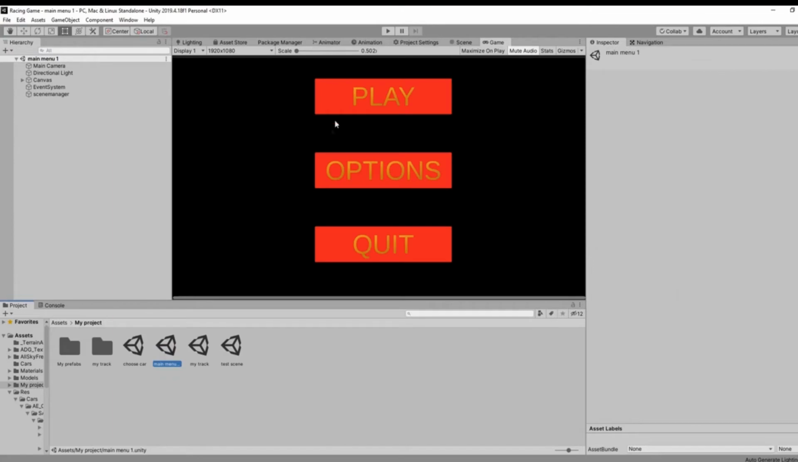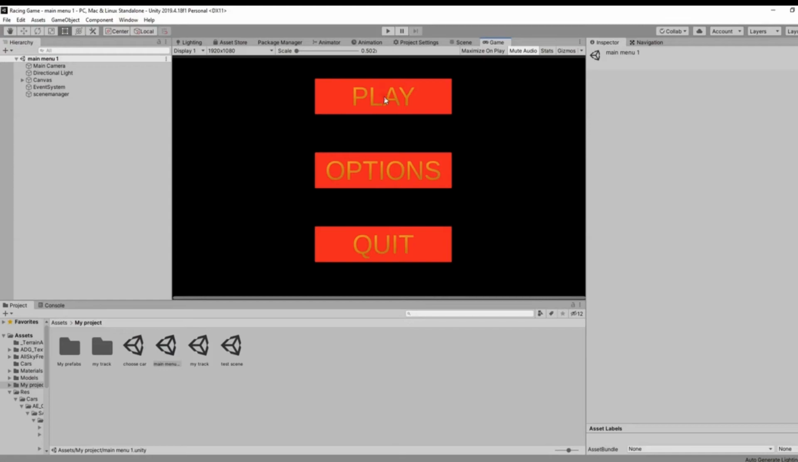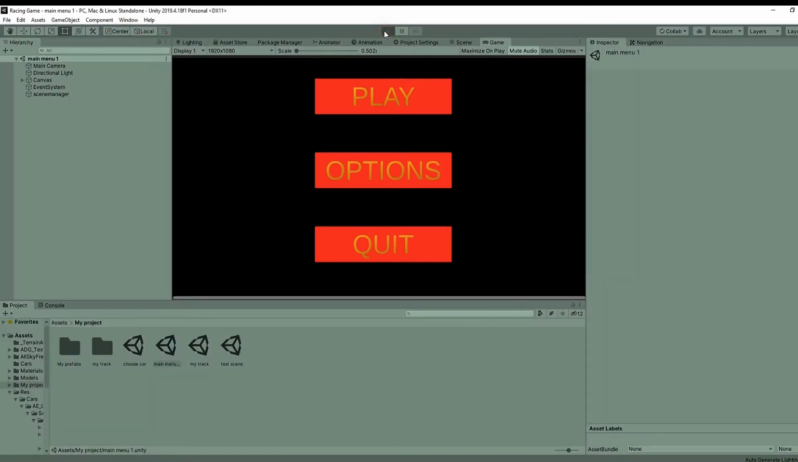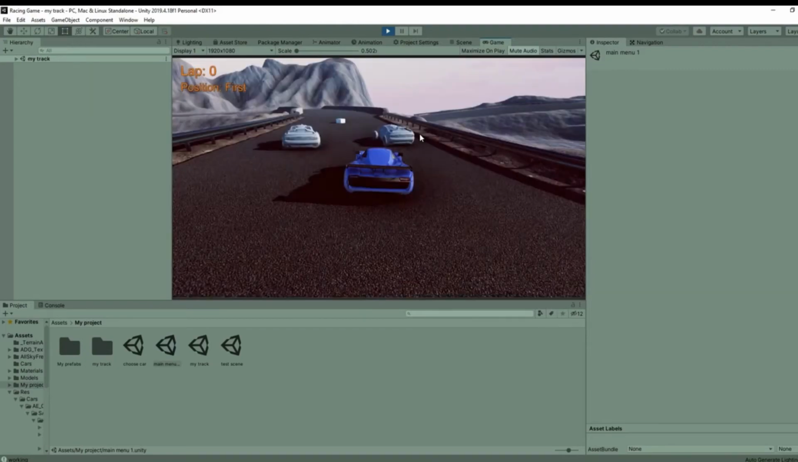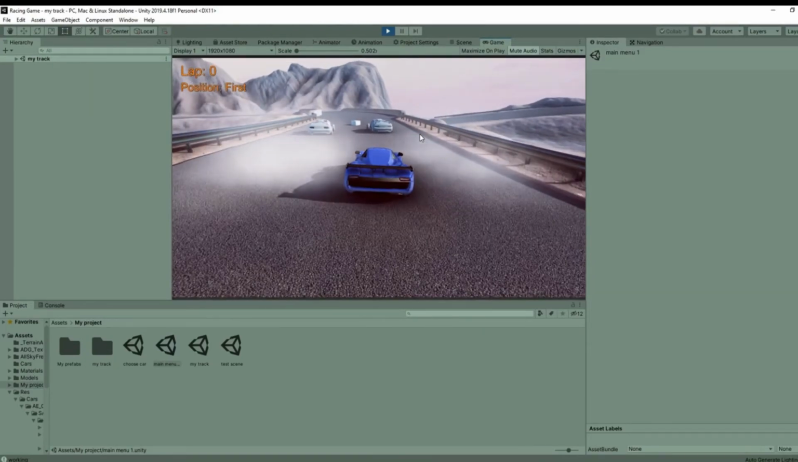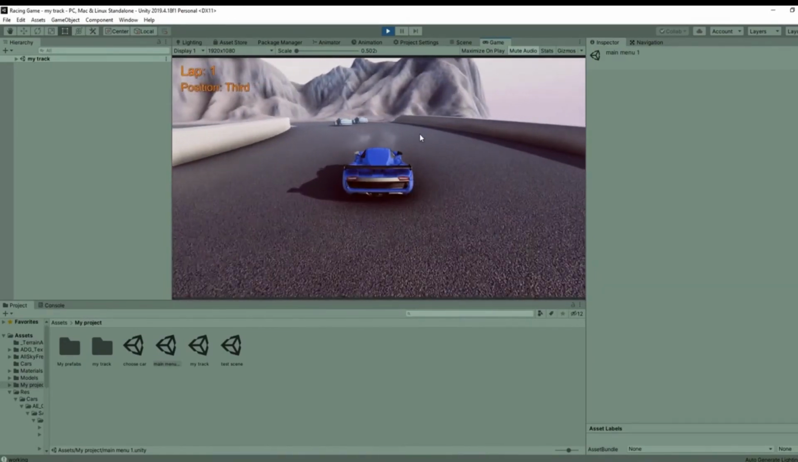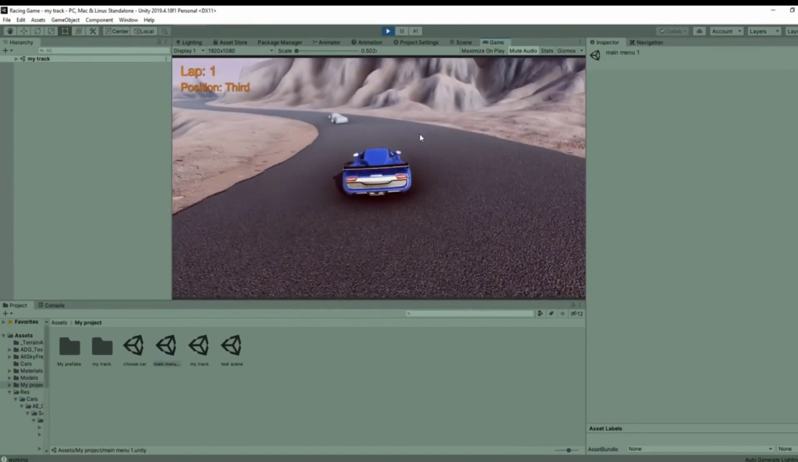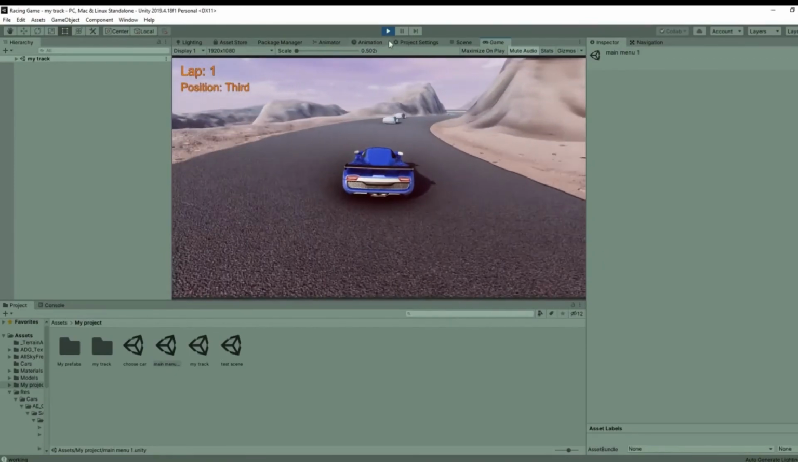Now let's try it. Go to main menu and play the game. Click the play button. So the game stopped and I will play again. Click the play button, it will take you to the choose car scene and you can select a car from here, and now click the OK button and it will take you to the track to play the game. Now you can see that we have not written any script to play with the selected car, therefore it is the default car. We will do this in the next lecture so that we can play with the selected car, but first